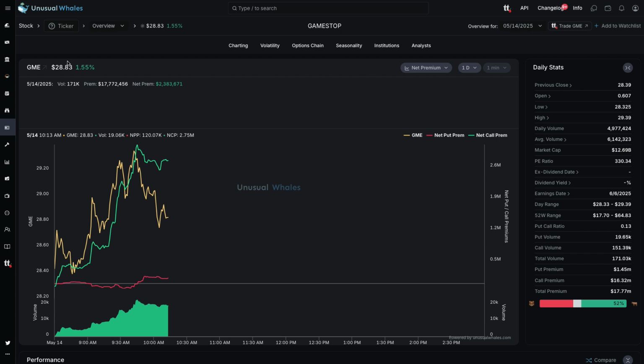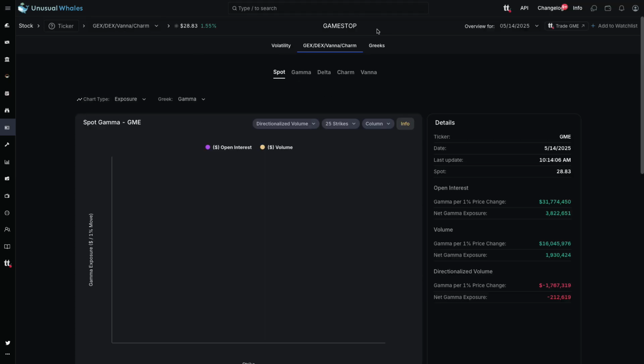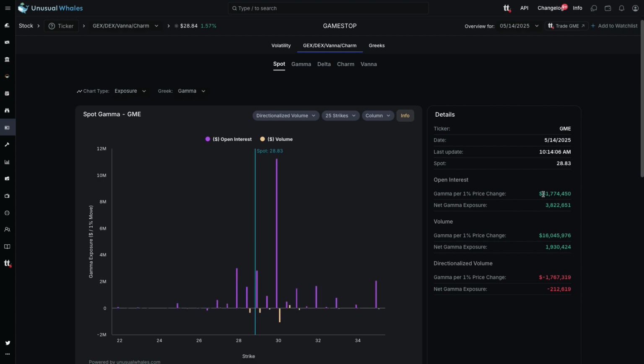Send it to Valhalla. Yeah, 28.83. So let's look at that gamma though. And for those that need the refresher, here we go. We're going to talk about spot gamma. It was like 20 mil, now it's 31 mil. So what this means is, for every 1% change in the price,